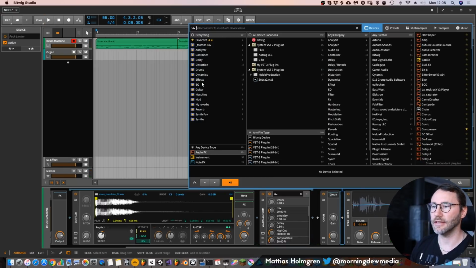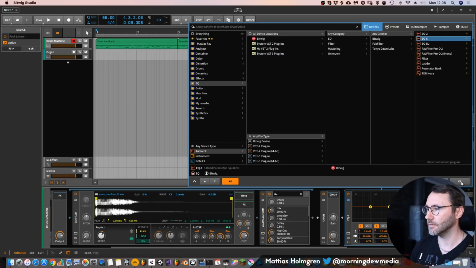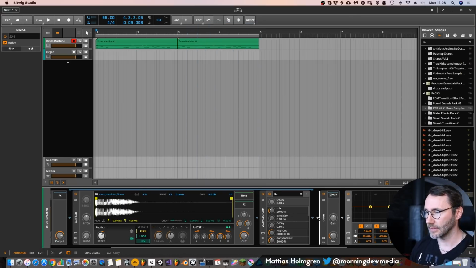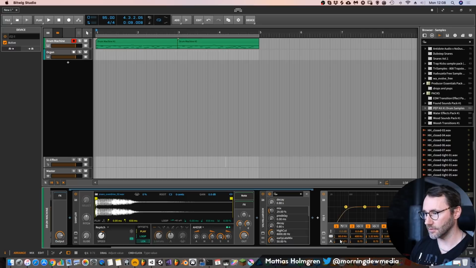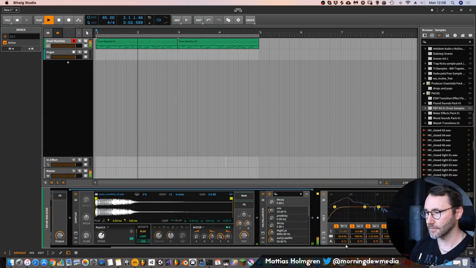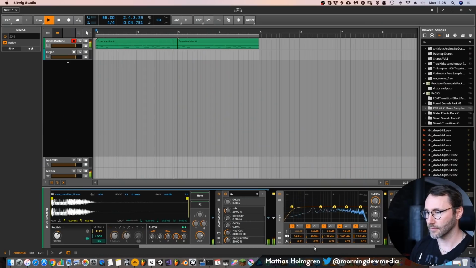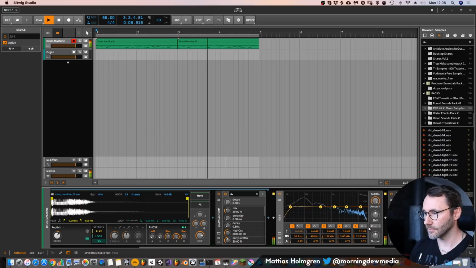And then I usually add an EQ before this, before the compressors actually, to get rid of the absolute lows here, because we probably want some 808 bass under this. And maybe a little bit of high pass.